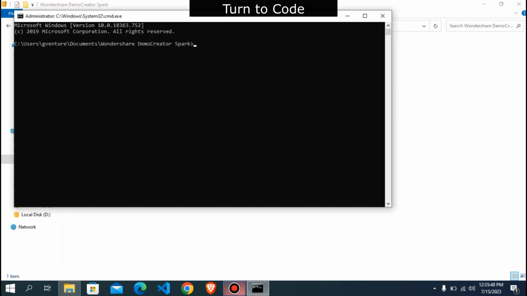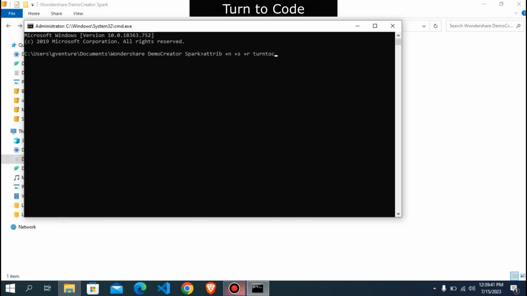Here, type attrib +h +s +r and the folder name, that is turn to code. Hit enter. It is invalid. Let's try again. Here it is successfully compiled,